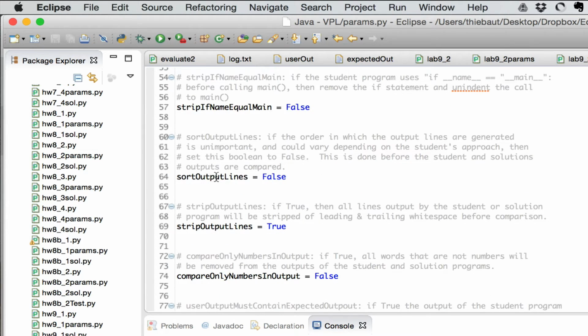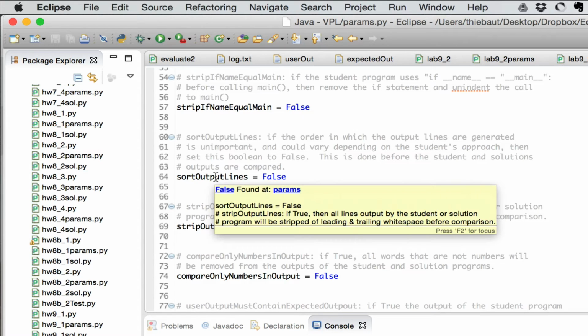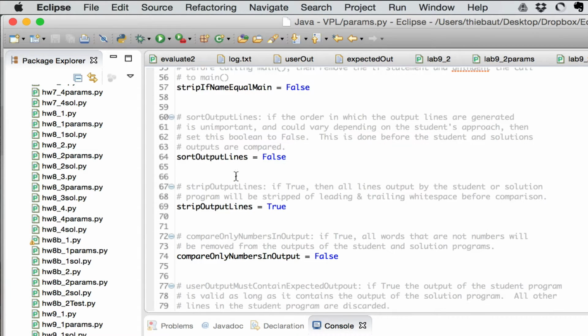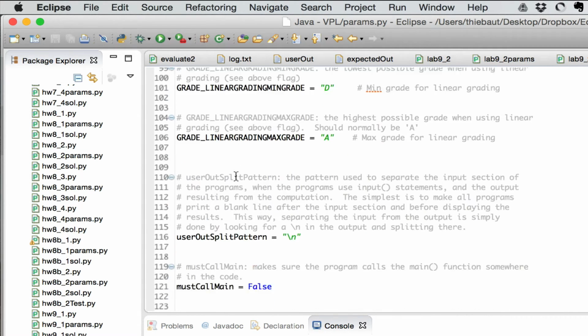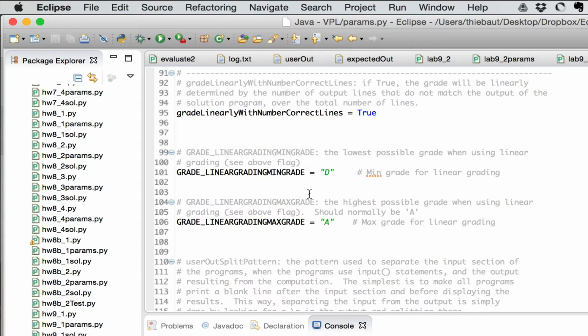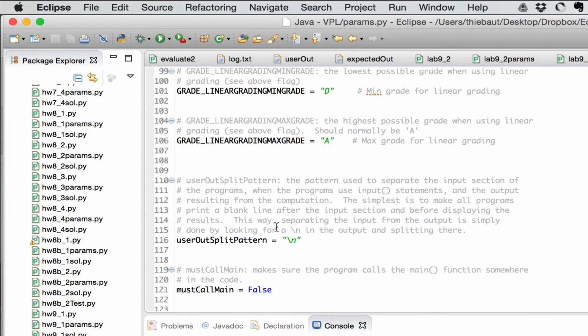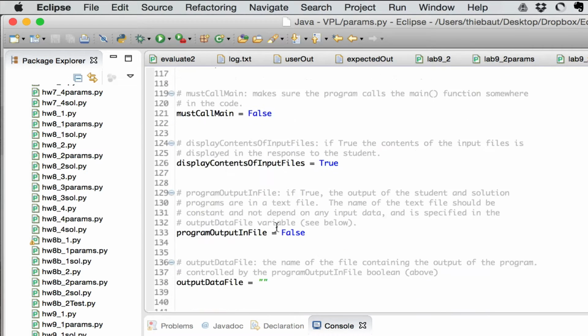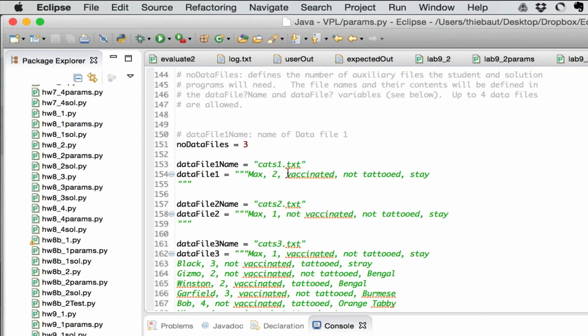If you want to sort the lines output by the student program as well as the solution program before comparing the two, you can also set that. Anyway, plenty of different parameters. The grades also, the lowest grade, the highest grade possible, whether you want to grade linearly with the number of correct output lines. And then data files. In this